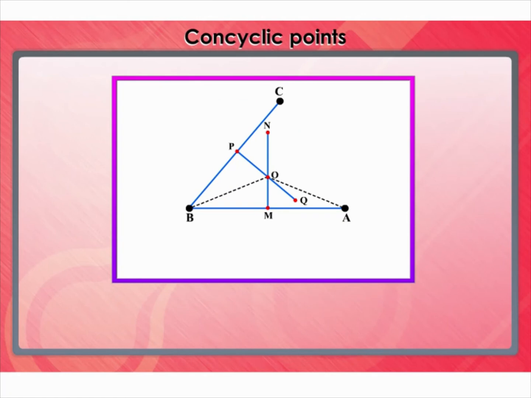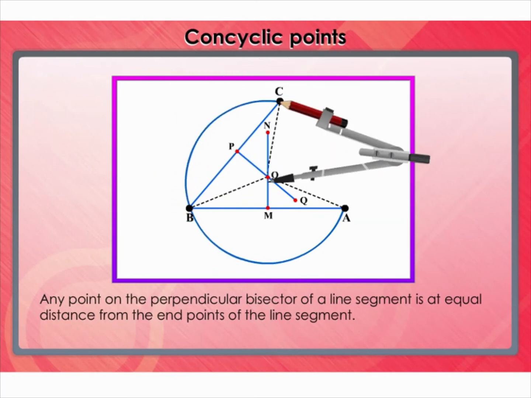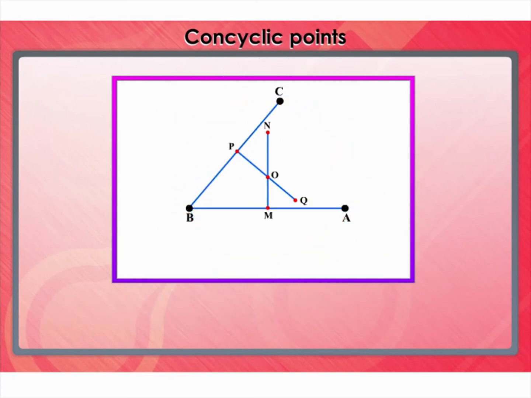Join OA, OB and OC. What can you say about the lengths of OA, OB and OC? They are equal because any point on the perpendicular bisector of a line segment is at equal distance from the endpoints of the line segment. Since A, B and C are at equal distance from O, a circle drawn with center O and radius OA will pass through all the 3 points A, B